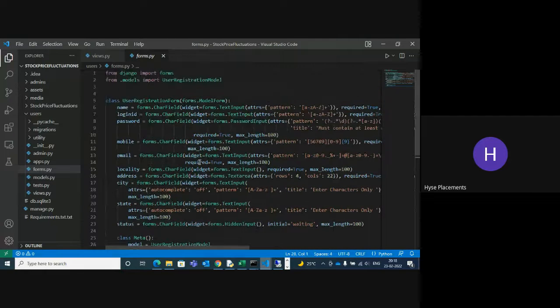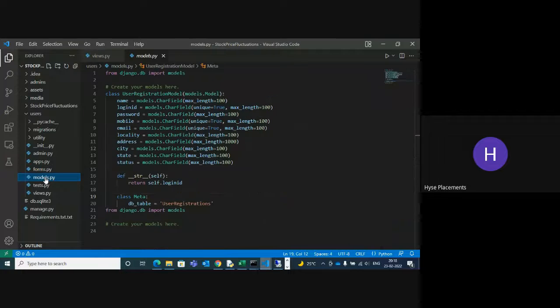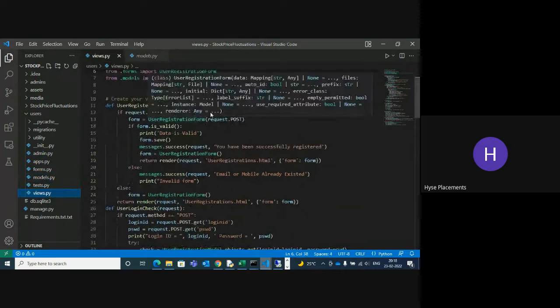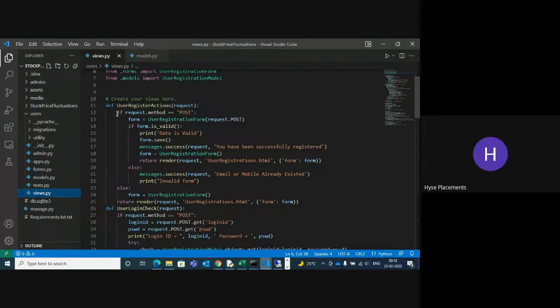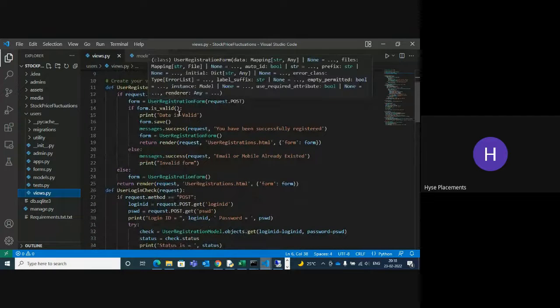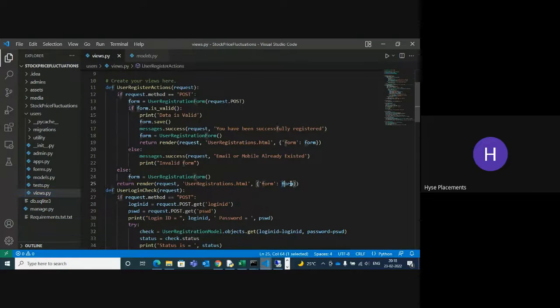Some mistake. It's a form. Yes, that's the mistake.